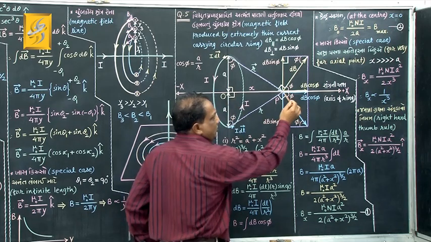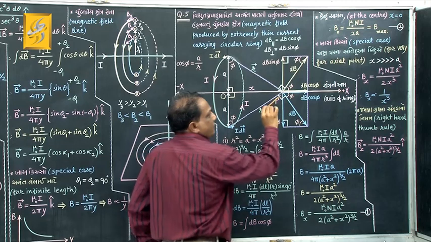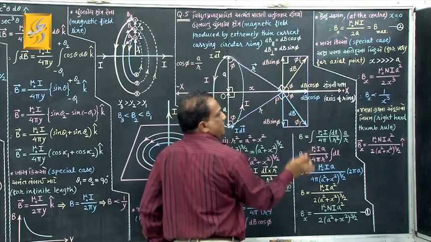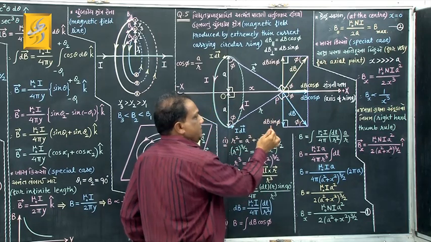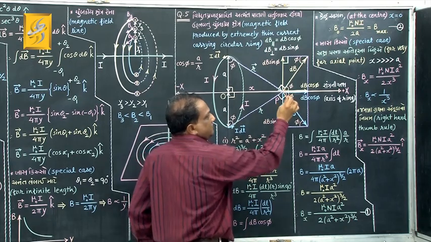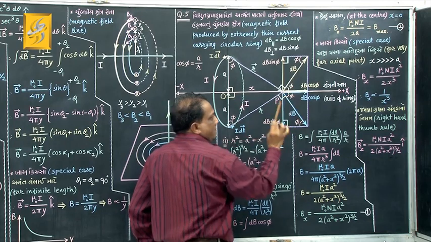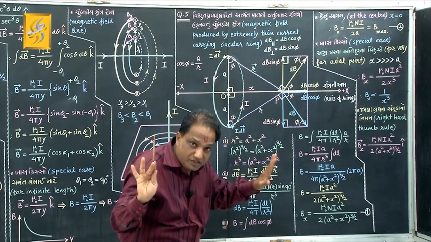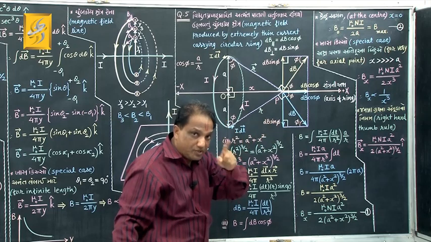Similarly, this vector also can be resolved into two mutually perpendicular components. One component parallel to the axis is dB parallel, which is dB cos phi. Another component perpendicular to the axis, which is dB perpendicular, which is dB sin phi. Correct? Now tell me, at this very point, how do you find these two components? Equal in magnitude but opposite in direction. They will cancel out each other. Correct? Because such components have equal magnitude in opposite directions,